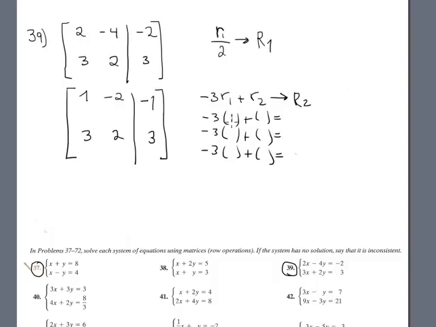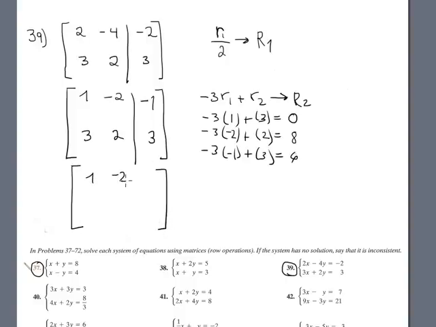The row 1 is 1, -2, -1. Row 2 is 3, 2, 3. -3 plus 3 is 0. -3 times -2 is positive 6, plus 2 is 8. -3 times -1 is 3. Positive 3 plus 3 is 6. The new matrix is then